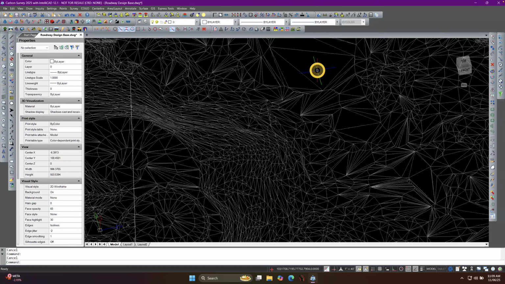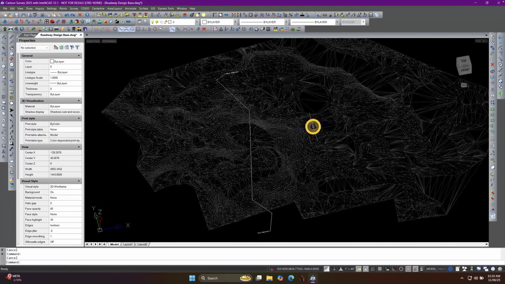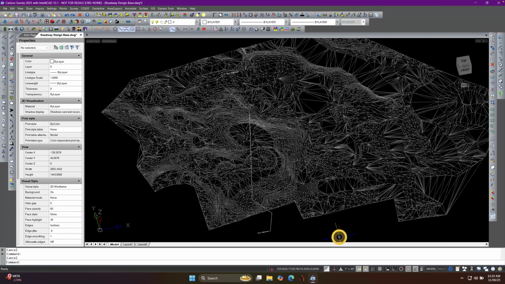So each one of those planes has its own orientation within the context of these others, and when they lie adjacent to one another, that forms the surface along which you can do your design work or compute quantities between this surface and another surface, because you just measure the differences and sum them up over the area that you're interested in. Okay, now,